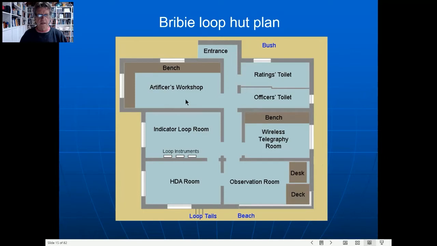The artificer's workshop is here. They had batteries all lined along this wall here. I've been inside this hut many times. The ratings toilet, officers' toilet. The only difference is the officers had Royal Doulton. The ratings had a cheaper type of